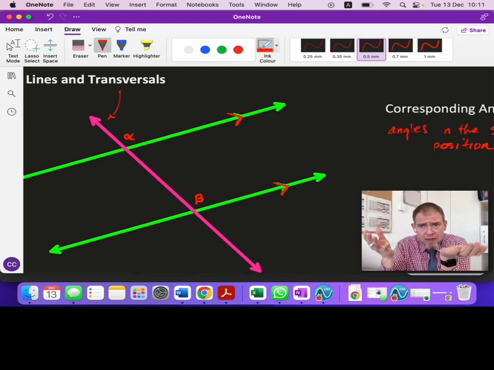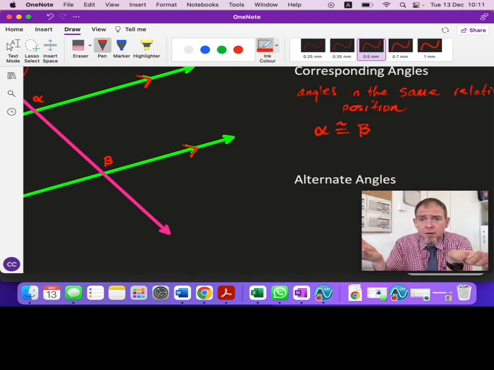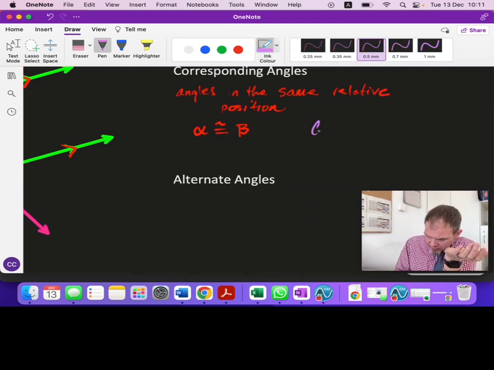What the corresponding angles theorem, or it's actually a postulate, tells us is that alpha is congruent to beta. They're the same angle. It's the same measurement. Because that line is crossing through parallel lines, it intersects at the exact same angle. So what this theorem actually tells us is that